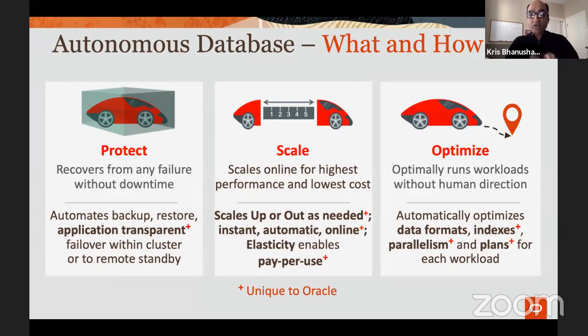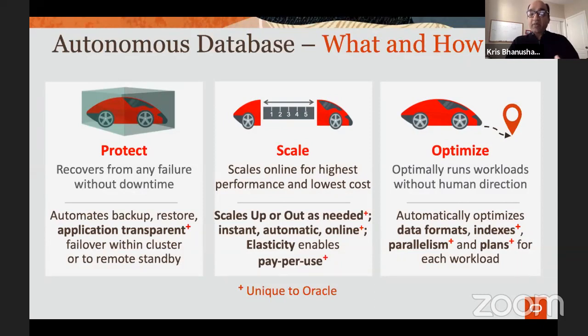And so scalability is always a very key aspect. Except in the Oracle Cloud, you can actually scale while keeping your application up and running. That is super important to our customers. People cannot take applications down because there's a backend scaling operation. And so the value of scaling greatly reduces if you have to shut down your application. In the autonomous database, you do not have to do that.